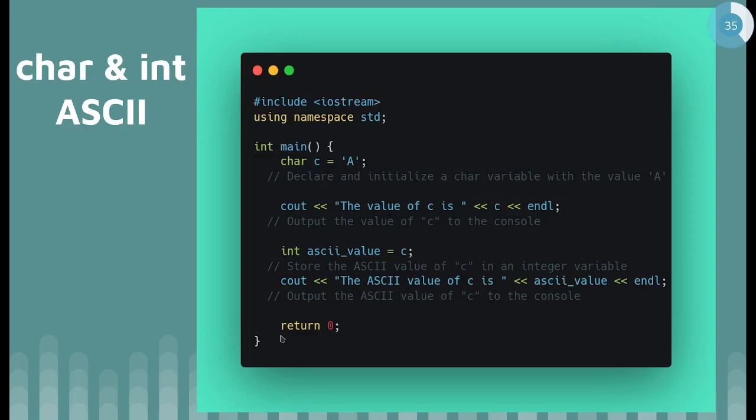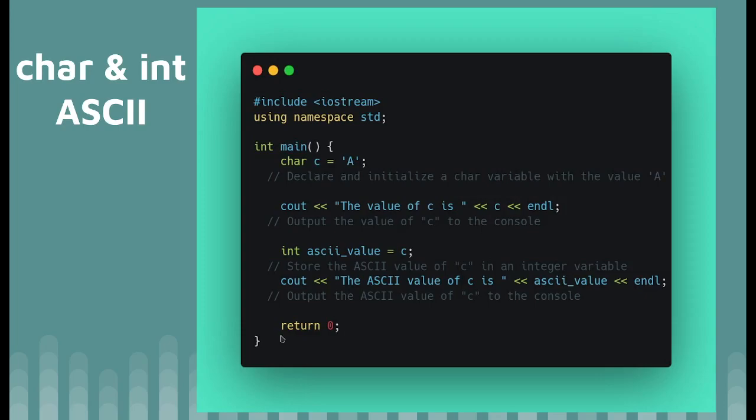Here you can see the normal casting. Casting between characters and integers is very easy in C++. You don't need to use anything else. For example, in Python, you should use ord or chr, but here it just casts them.